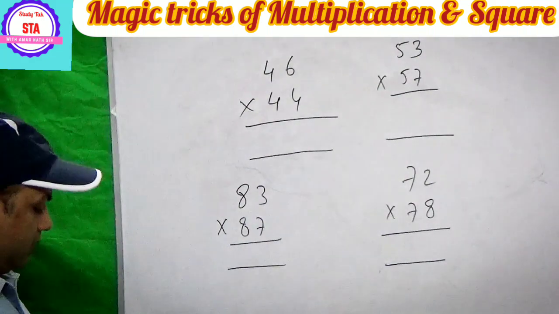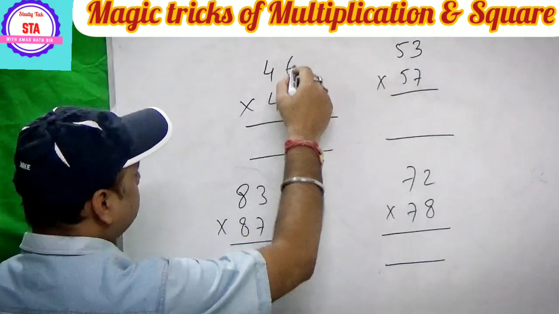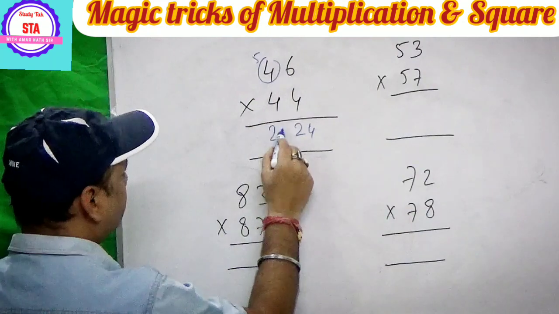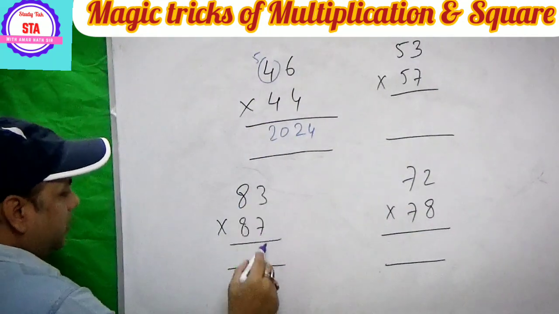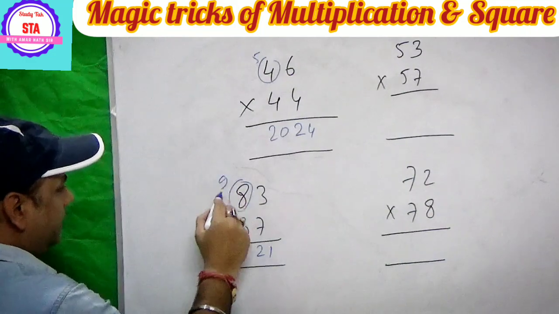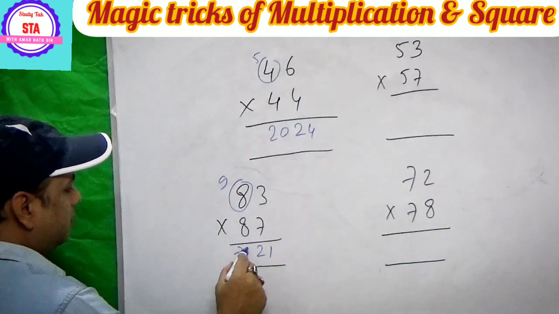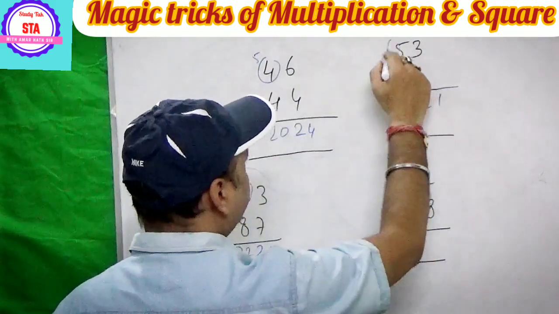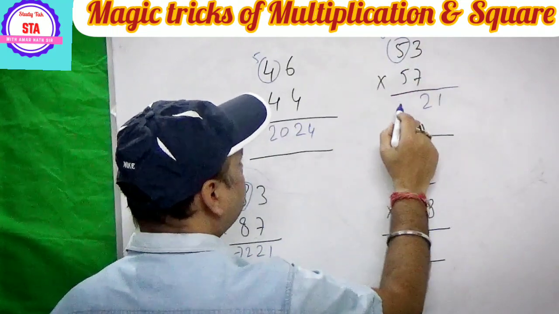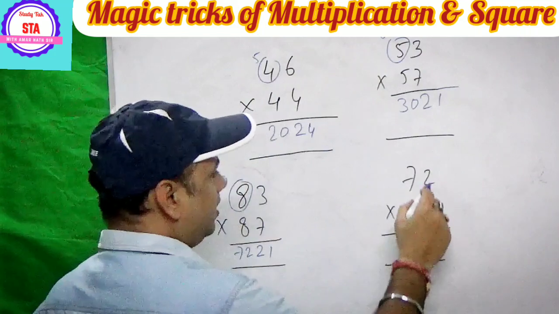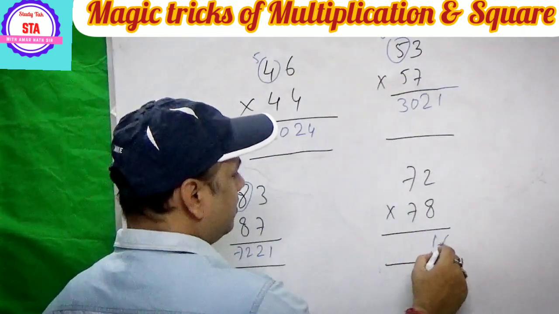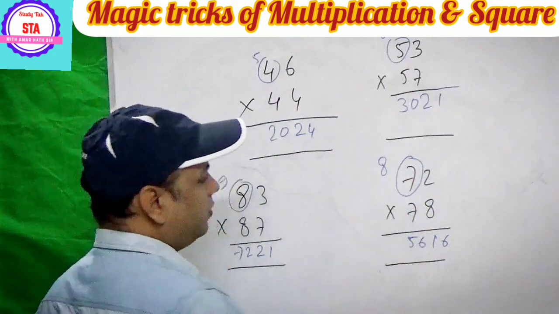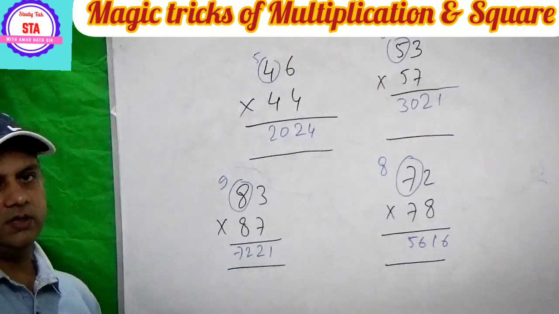Okay. Now I will show what the answer is. 6 into 4, that is 24. 5, 1 increase, 5 into 4, that is 20. 7 into 3, 21. 1 increase, that is 9. 9 into 8, 72. 7 into 3, 21. 5, 1 increase, then 6 into 5, that is 30. 8 into 2, 16, 1 increase, that is 9, 9 into 6, 56. These are the answers. You can check it.